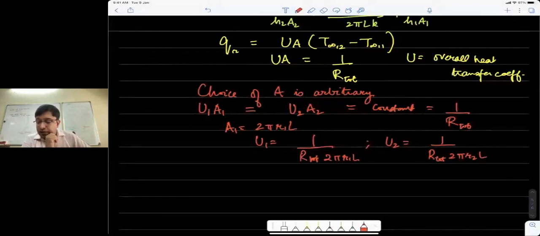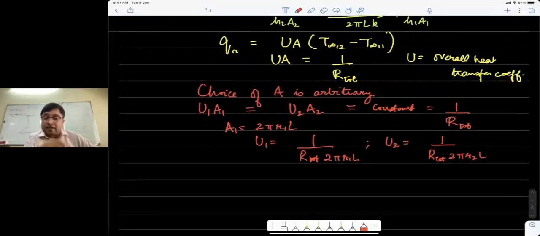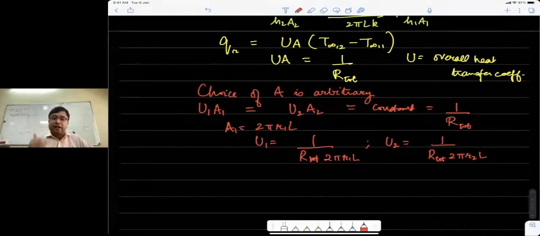Most of you think of it this way: it's more of a post-processing quantity instead of something that you are trying to maximize upfront. You don't know it at the beginning, but you can use it for simplifying your calculations. But you do not try to maximize it, because if you maximize U, A will decrease. Whatever amount you increase U, A will decrease by the same amount, so the overall heat transfer is not getting increased.